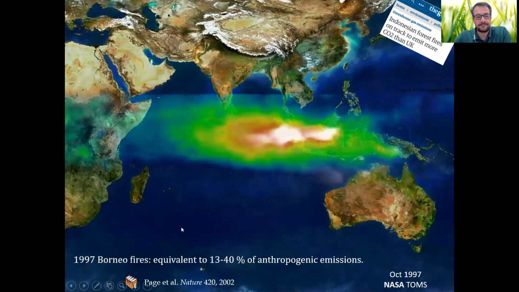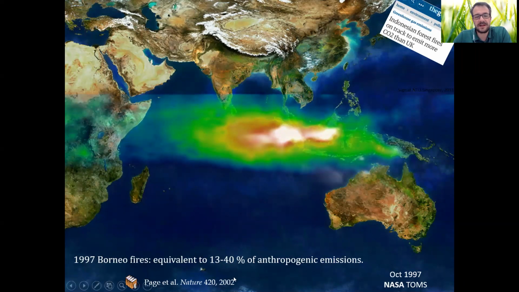When Professor Page, very well known on this topic, went to the field after the fire, she spent several years trying to estimate how much soil had burned, to estimate how much carbon was released in 1997. The number that she obtained with her team was absolutely beyond belief, taking into account this was the very first time someone actually accounted for this. It was not the first peat fire, just the first one that scientists decided to study.